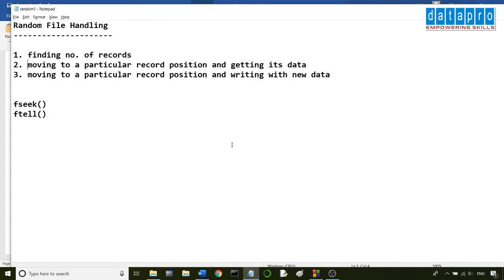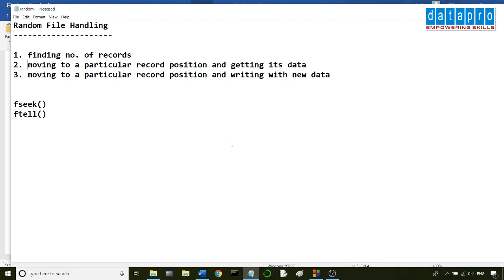Whereas in text mode, if you store the data in text mode, you know that the number of bytes stored in the hard disk depends on the number of symbols. So we can't predict how many bytes are allocated for a record in text mode.